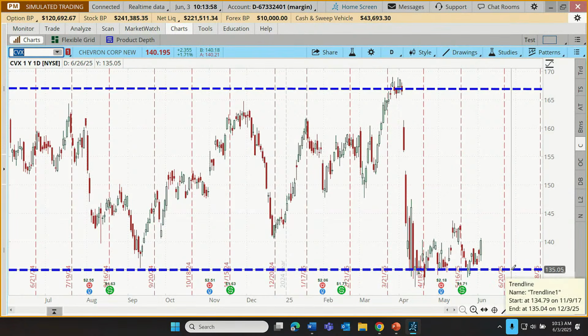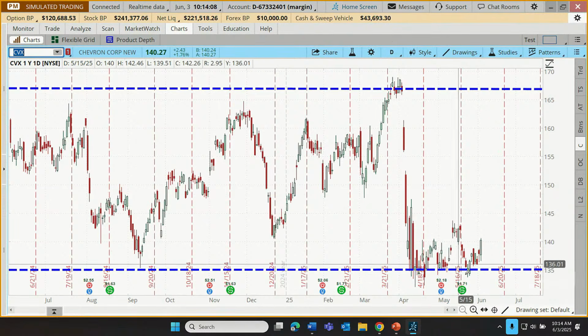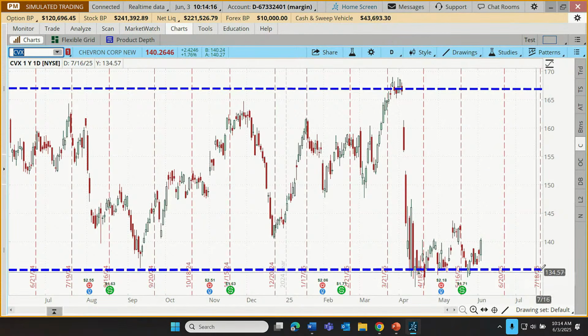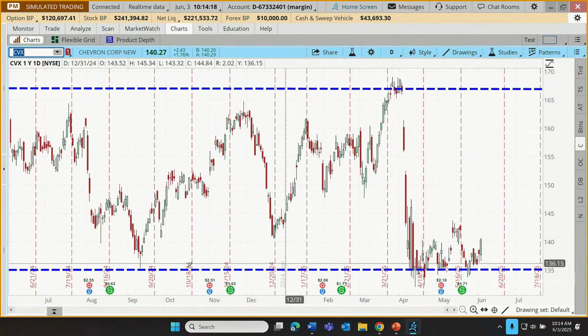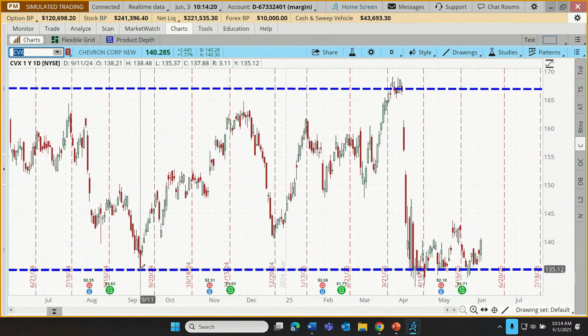So our trader is now moving from a broad perspective of what's happening with stocks and with options to now planning a specific trade using the stock chart. And with Chevron, as we fell down to 135, that's interesting. That's pretty close. You can see there's a pretty good collection of activity down here around that 135 level. And that's pretty close to the lowest that we've been all year.